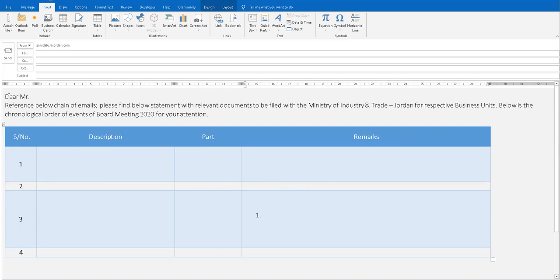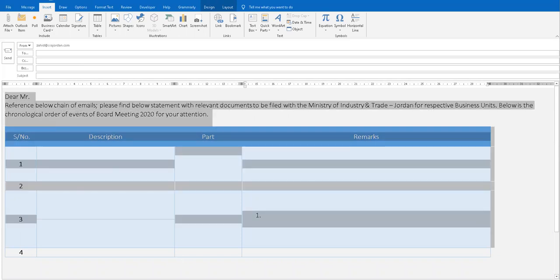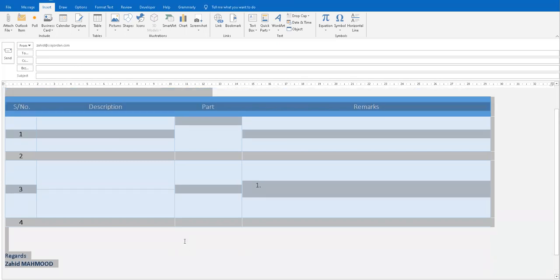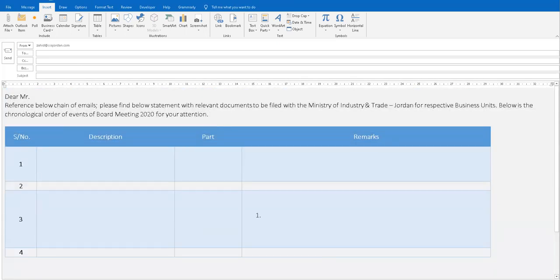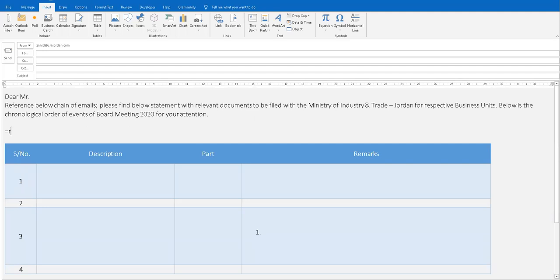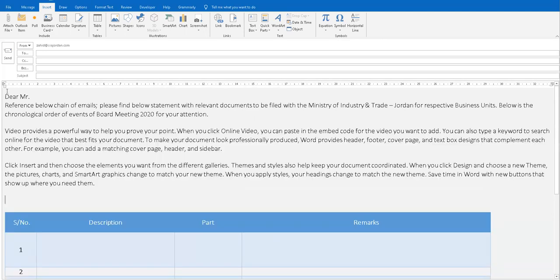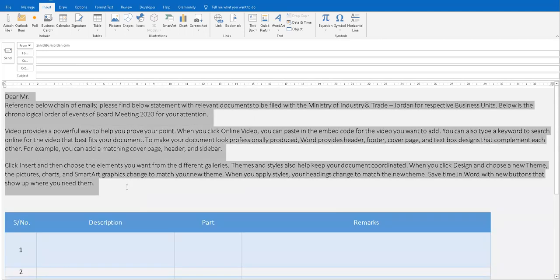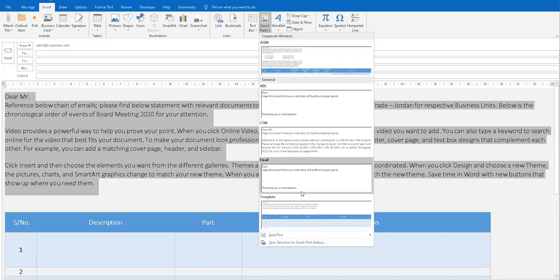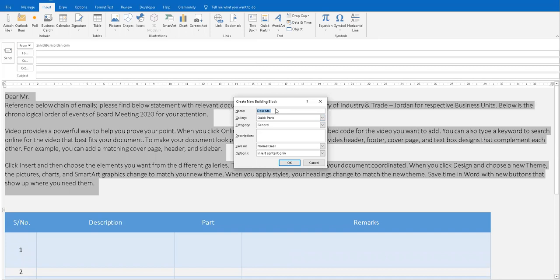So how to make it? First, I will use the same template, or I will type something. I will select it over here, go into Quick Parts and Save Selection, and give it a name of Temp 2.